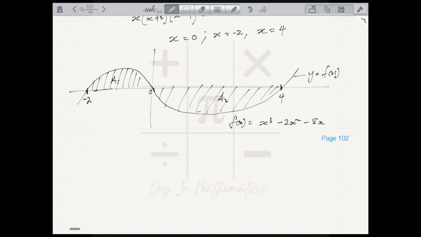So the first thing to do is to evaluate A1. A1 is the integral from minus 2 to 0. Note that it is above the x-axis, so it is positive, of f of x dx, and f of x is what? X cubed minus 2x squared minus 8x with dx. So when we simplify this,